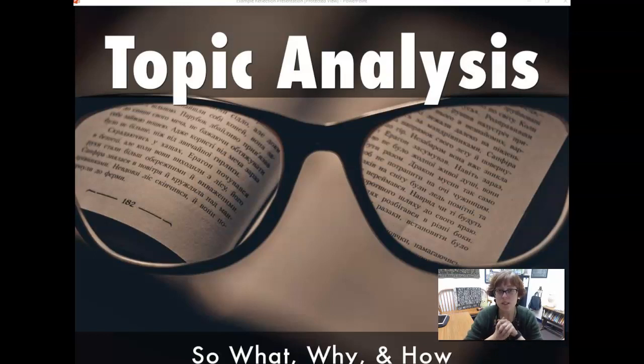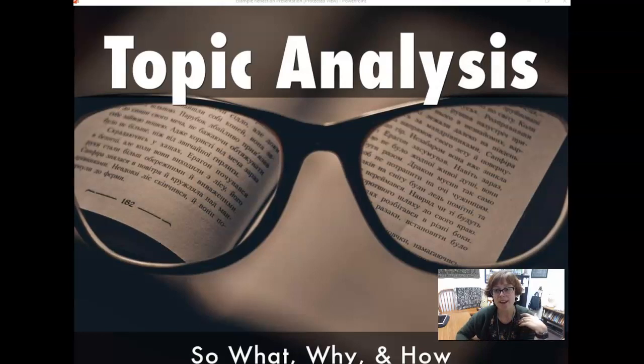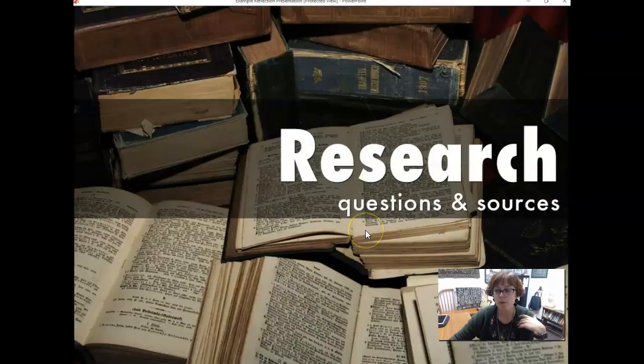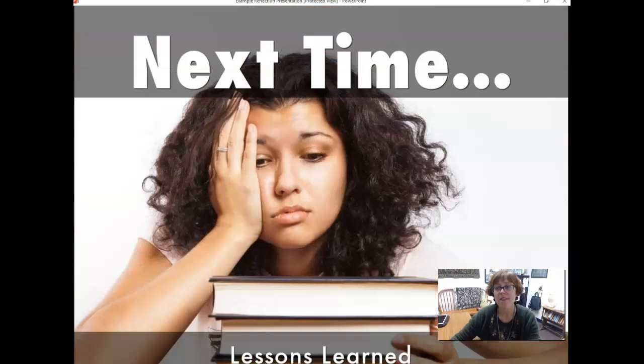And so this would be the slide where I talk about how I chose my topic, what my 3 questions were. And then for my next slide, I would talk a little bit about the research questions, how my sources responded to those questions, what my sources were. This is where I would give the main idea and the titles for those sources that I used for my paper, and where I would talk a little bit about how I did my research,